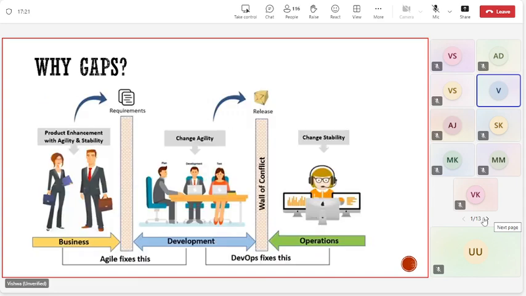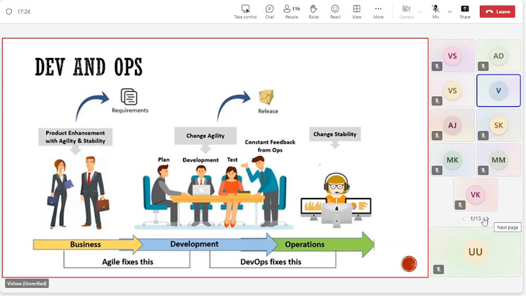Now, what did DevOps do? First of all, Agile closed the gap between the business and the development. Instead of giving a monolithical application, we divided that into microservice architecture. So the Agile process fixed the issues between the business and the development team, right? We saw that. Now, between the development team and operations team, DevOps tools fixed it, saying they now constantly work together. Developers, your operations team, everybody works together to deploy anything.